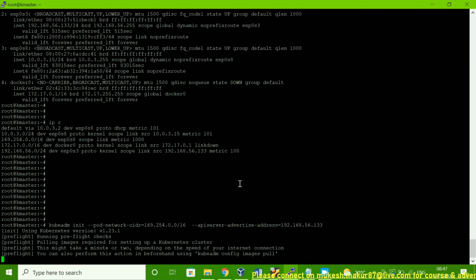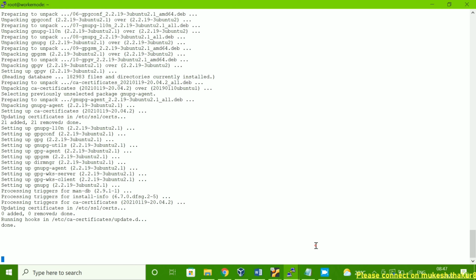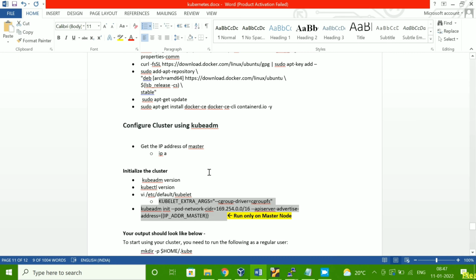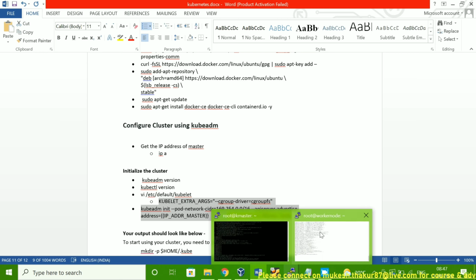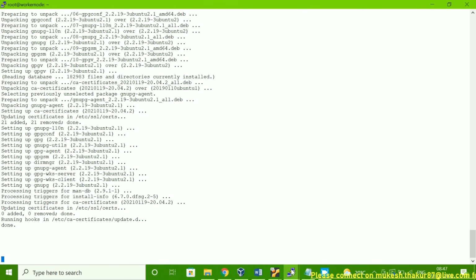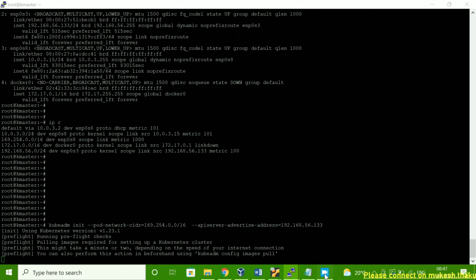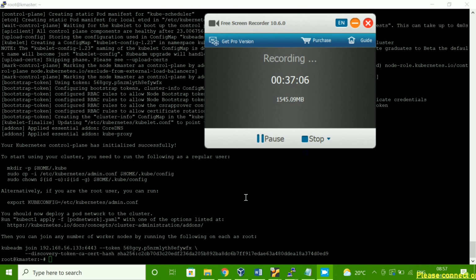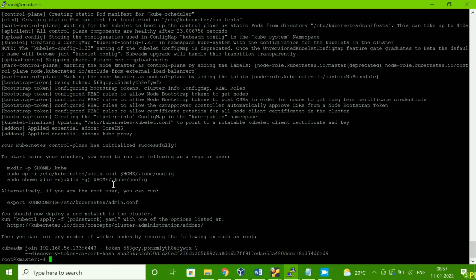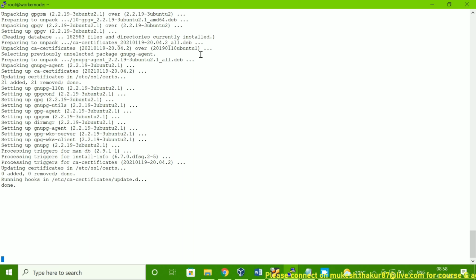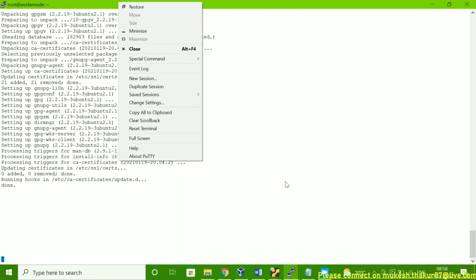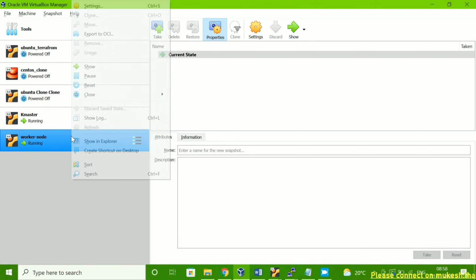Okay, so I'm going to pause the video. Still that one is in a worker node. You can see it's still running, so we can wait because we have to run these three commands till here. Once this process completes, then we can start on the worker node. So let me pause now. Yeah, so now you can see this ran successfully here. And let me check the worker node. Oh, the worker node is still stuck. So let me reboot this one because I think it's in a hung state.